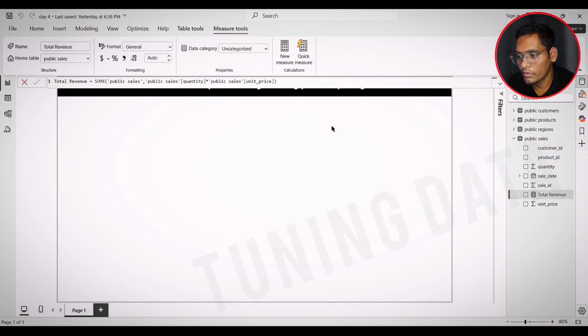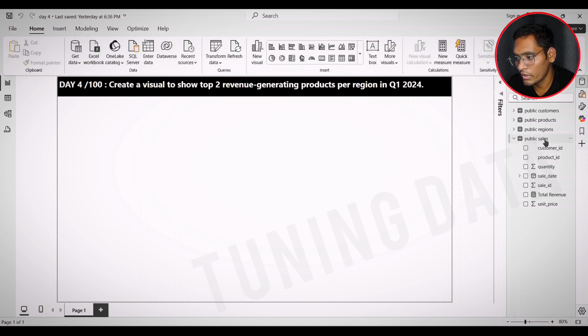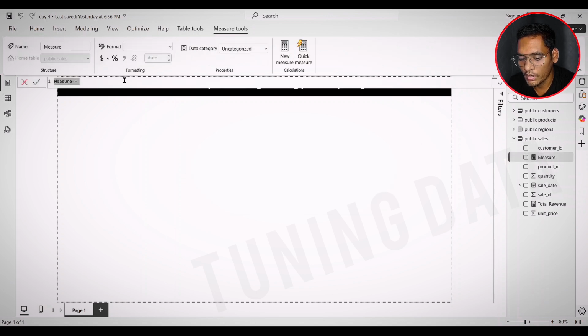Okay, but we want the total revenue only for Q1 2024. For that purpose, I'm going to use a filter in total revenue. For that, I'm going to create another measure here, total revenue Q1 2024. For that purpose, I'm going to use CALCULATE here. The expression will be total revenue.